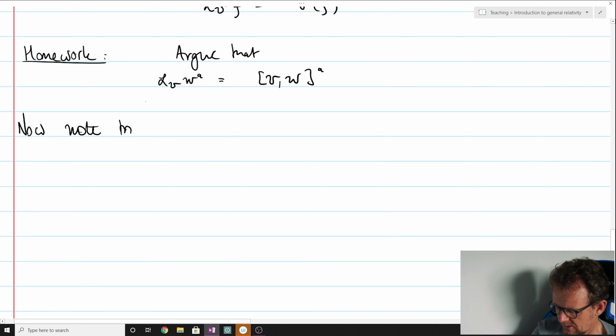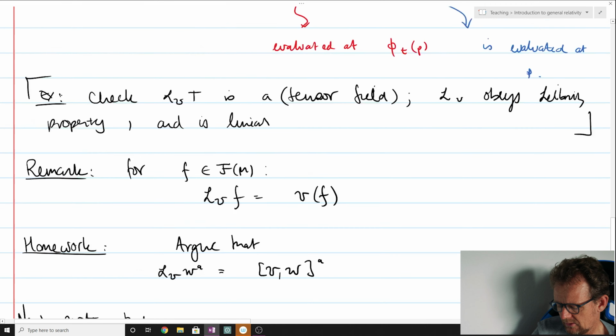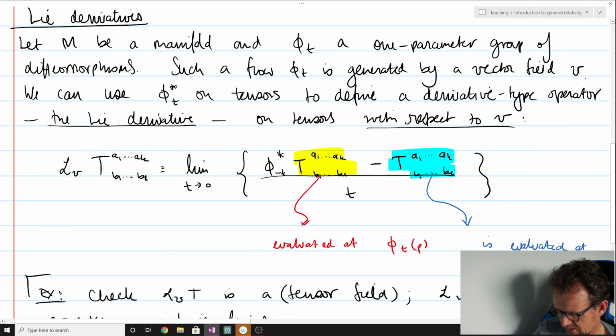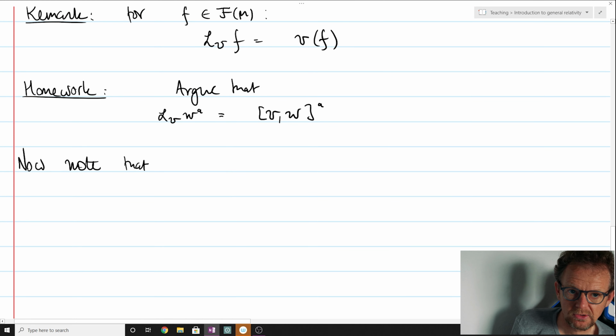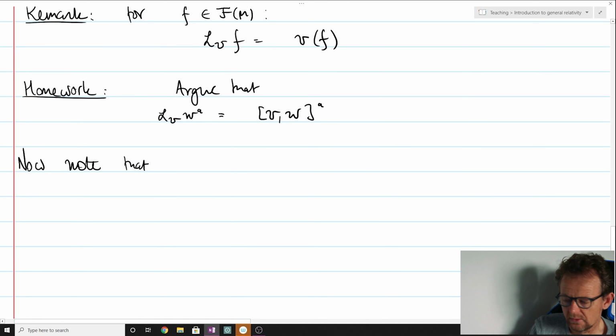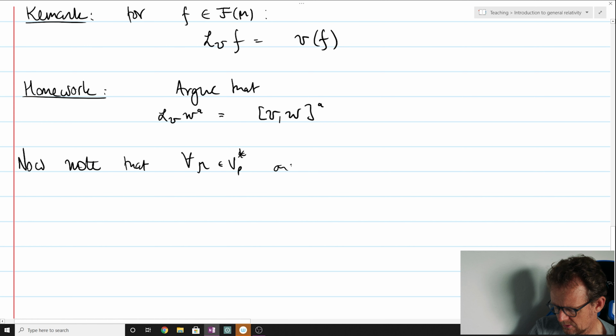So now we're going to derive an alternative formula. I've got a formula now for the Lie derivative, right? It's this thing with the blue and yellow tensors. But it's not so helpful if you want to talk about the action of L on composite tensor fields, or you want the specific action on a specific tensor field in terms of objects you can already compute. That's our goal now. So now note that for all dual vectors mu in the dual vector space V_p star, and all vectors